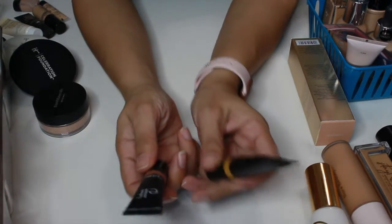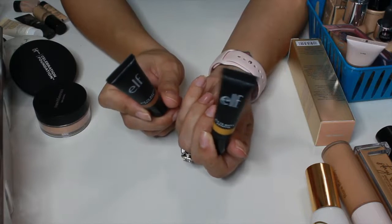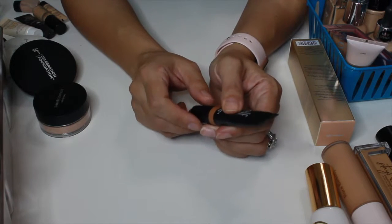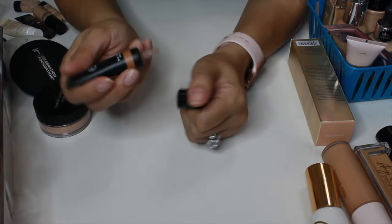I do have these two by e.l.f. One is darkening drops and one is yellow. I'm going to get rid of the yellow and keep the darkening drops. Most of my foundations lean a little more on the yellow side. In this one there's not much left in it, and I have the